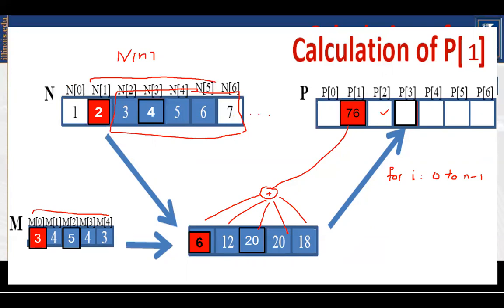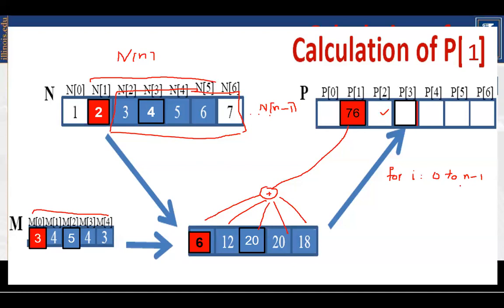This thing continues till n minus 1, the last element of this array. Because I will keep placing the window at each location and finding the output, my outer loop will be from 0 to n minus 1.